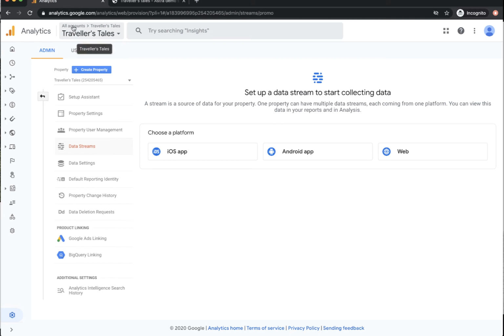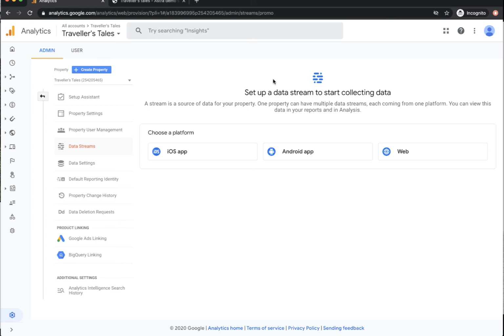So you can see at the top here, we're in this account, Traveller's Tales. And here we're in this property, Traveller's Tales. So how analytics works is it gives you some code. You put that code onto your website. It appears on all the pages of your website in the back end, so nothing that your customers can see, but that Google will see. That code links your website to your Google Analytics account, and that is what enables analytics to track the traffic to your site. So the next stage of the setup is to generate that code,